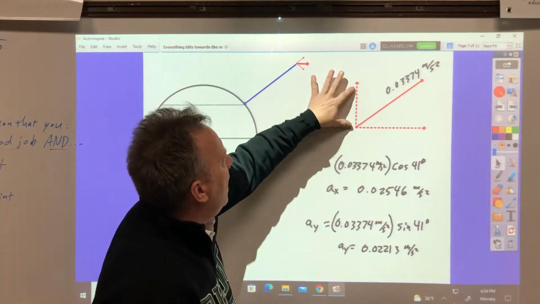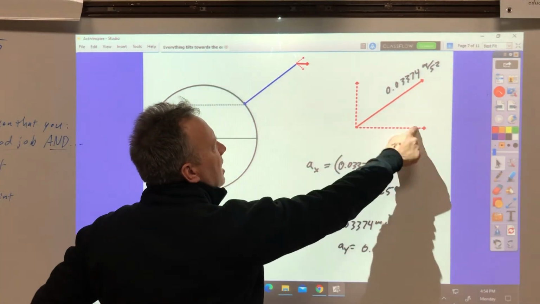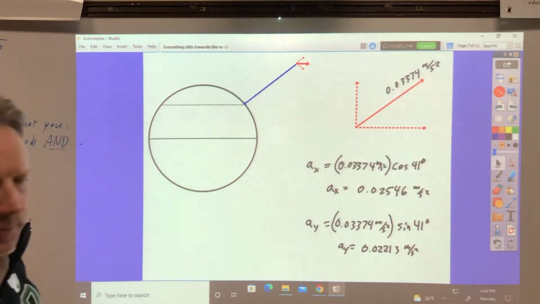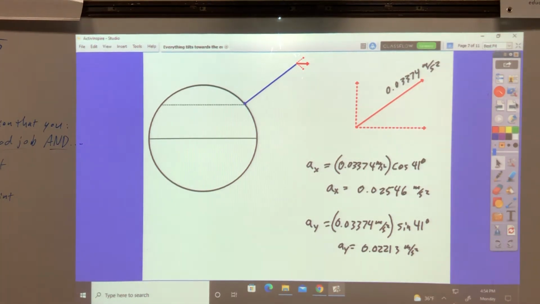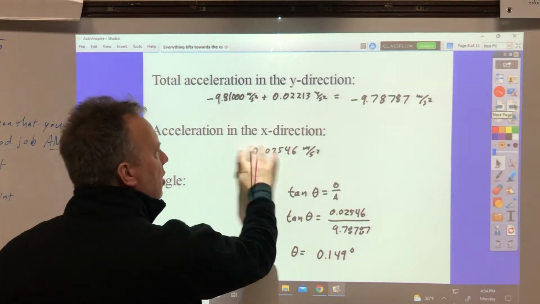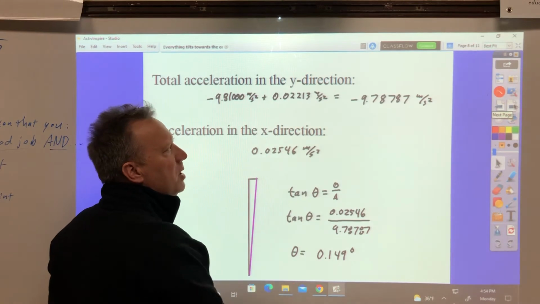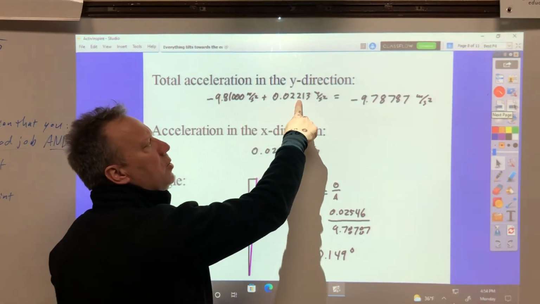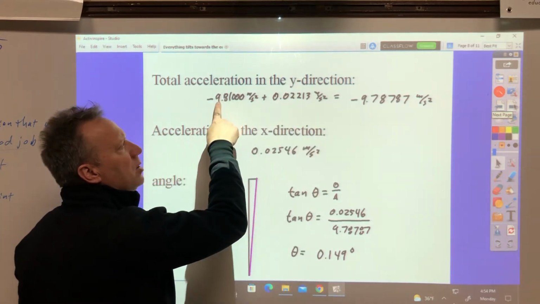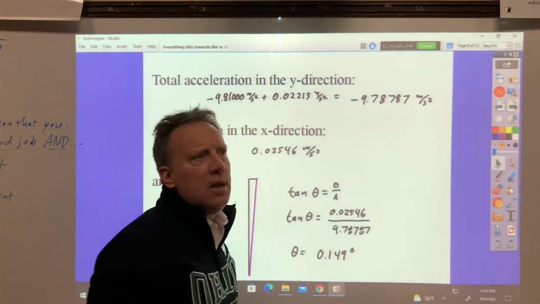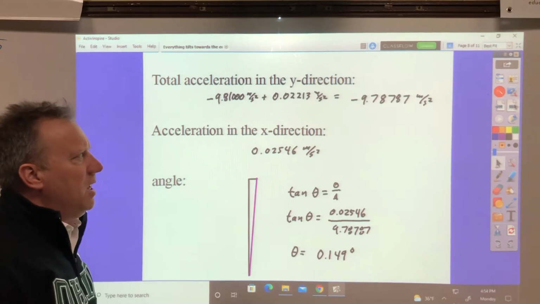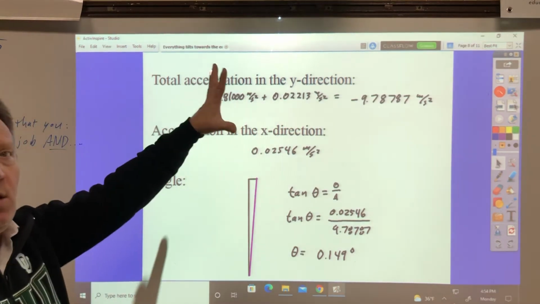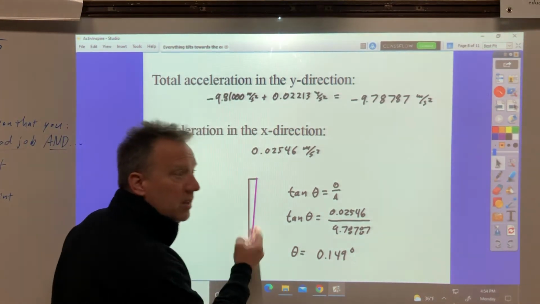So this is the y that adds to gravity. This is the x that's towards the equator. And when we add them, the x towards the equator is 0.02546 meters per second squared. Adding this positive 0.02213 meters per second squared to the gravity reduces it a little bit to 9.78787 meters per second squared. Now I did all of that so I could get this angle, because that's going to tell us